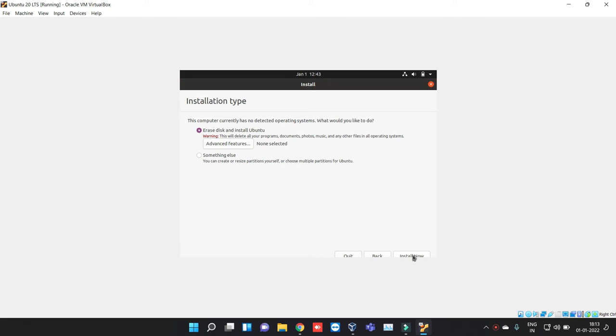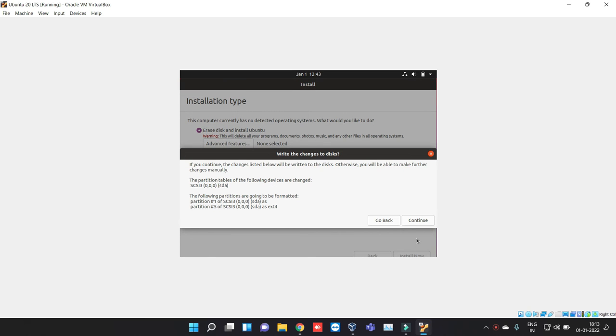For the installation type I will click on the Install Now button, and if you continue with the changes, yes, okay, continue.